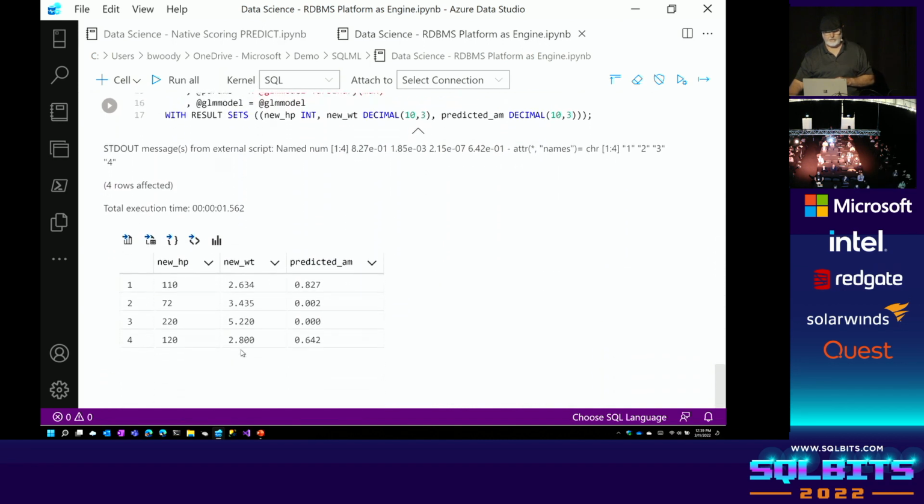And here they are. If I change the horsepower and I change the weight of a car, what gas mileage should I get? What percentage change should I get in my gas mileage? And this does that for me. Now, where's this really useful? You talk about flowers and cars and so on. We wrote an app not long ago for an insurance company, and they want you to be able to take your iPhone, point it at a car, and decide: do I need to send an agent out, or do we just total it out?